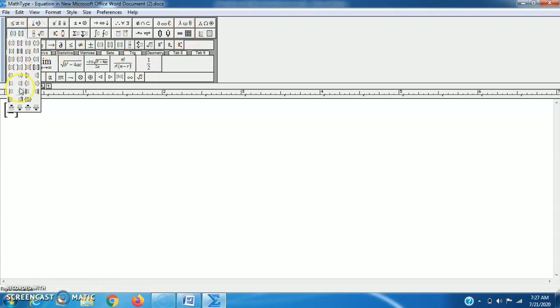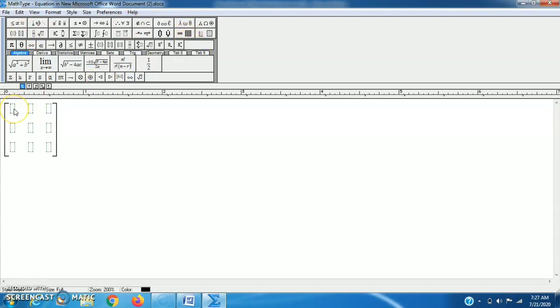These are the various brackets we can choose from here. Suppose I want to write a matrix in square brackets, then I just take a square bracket, and choose which type of matrix. Suppose 3 by 3, we can enter value 1, tab, 2, 3, 4, 5, 6, 7, 8, 9.